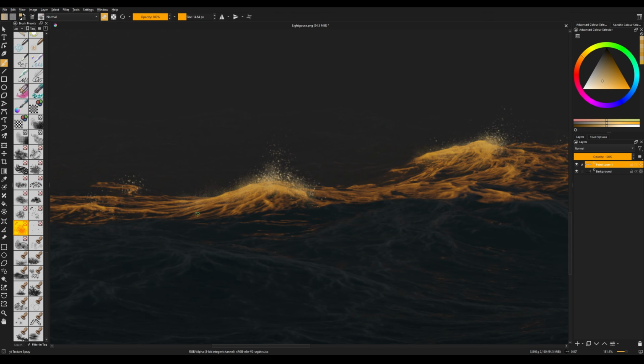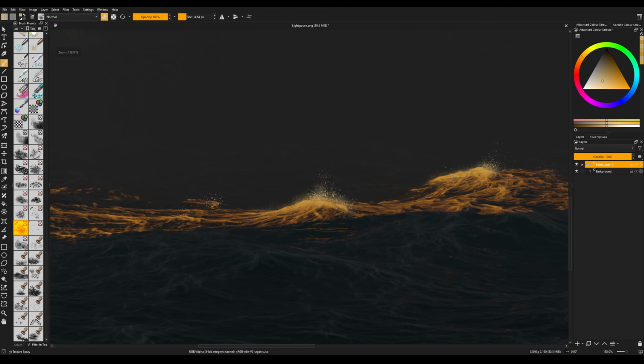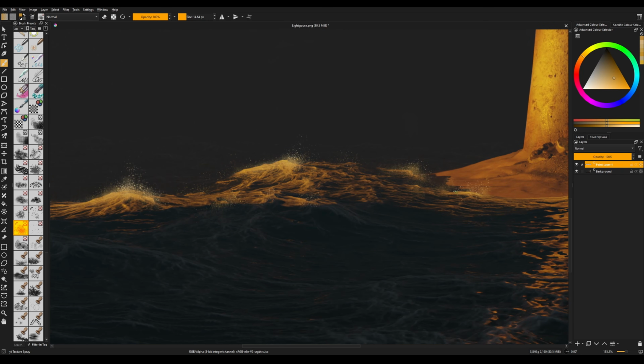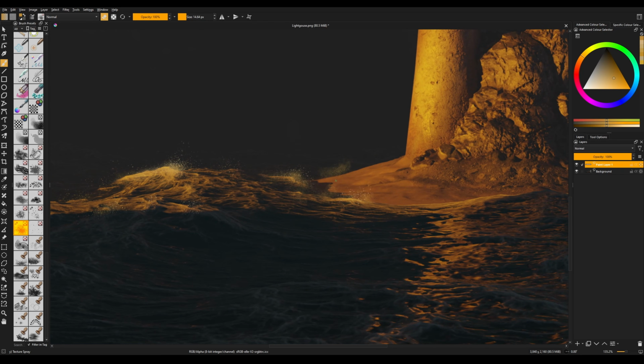It's just enough to say how many brushes we have in Krita from the box by default installation. Brushes for different needs and everything are available here. I didn't search for special brushes to paint the splashes of these waves, I just used standard brushes. And look at how easy it is to make your own brushes in Krita.